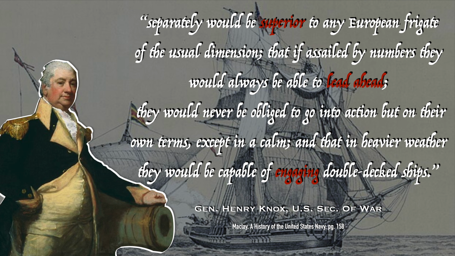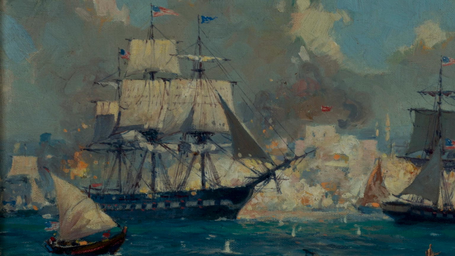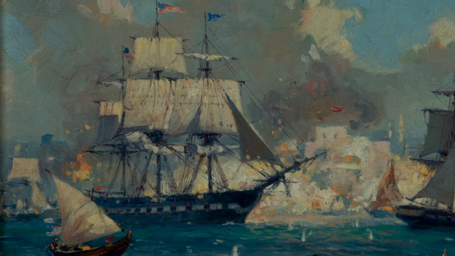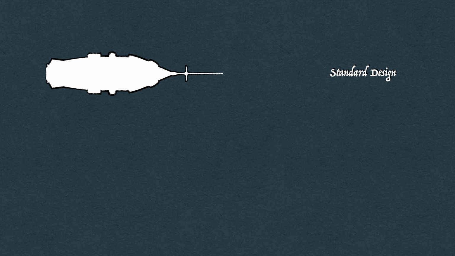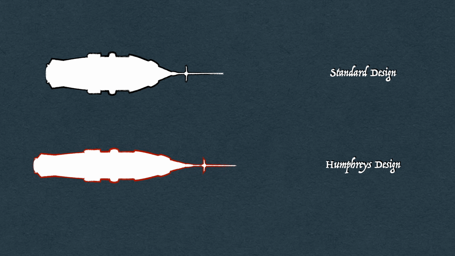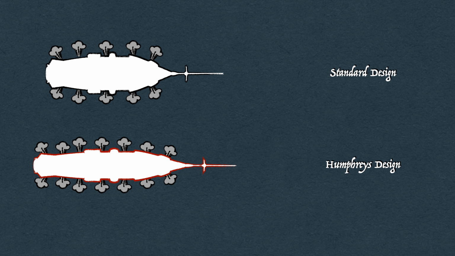Turning to Joshua Humphreys, the first U.S. naval ships were given a unique design. These ships were stronger than other frigates, yet maintained much of their speed and maneuverability. Humphreys' design was longer and narrower while also having more guns. It was strong and punched above its weight, but could still flee from larger ships if needed. With Marines to boot, the Americans could easily defeat any corsairs that they encountered.